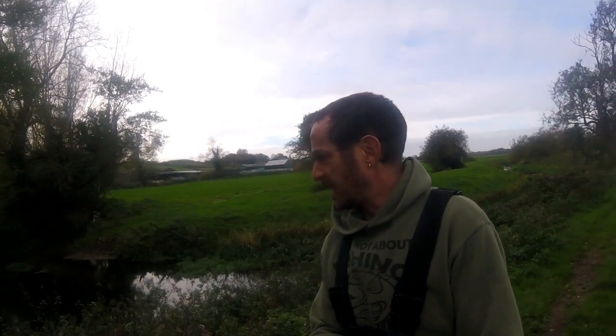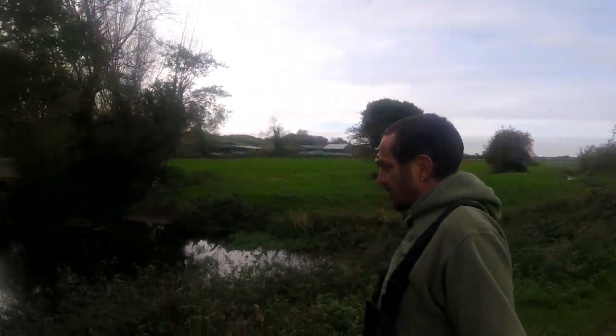You just saw me get that fish, and just before that you saw me miss that bite. I'm back in that swim again now, but I'm just going to throw some baits in, rebait that other one as well before I head down to the other spinney, and on the way back up I'm going to drop bait in and give these another go. So just going to throw a few baits in,